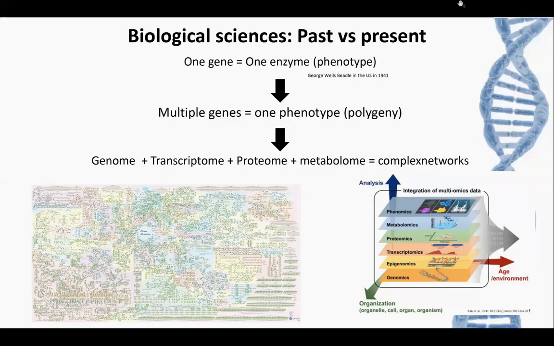However, this view has advanced with the advancement in the genetics and hereditary fields, and they introduced the notion of polygeny, or multifactorial traits. What is polygeny? It means that a phenotype is not regulated by a single gene. A phenotype is regulated by multiple genes, and the overall effect of these genes produces this phenotype. And the multifactorial effect is that it's not only the genes that regulate the phenotype, but also the lifestyle and the environment. It also affects the phenotype of an individual.